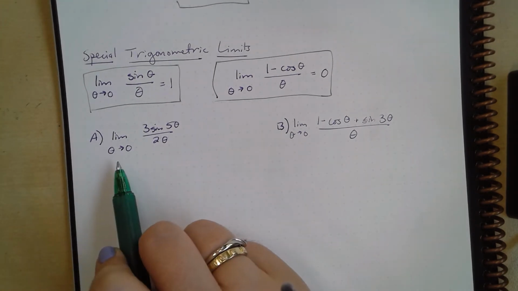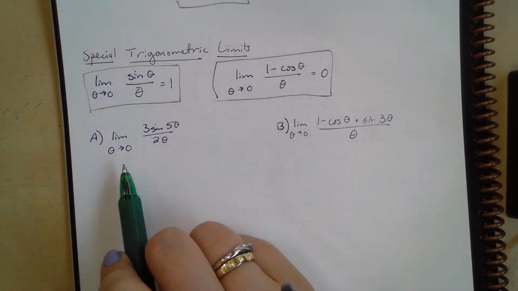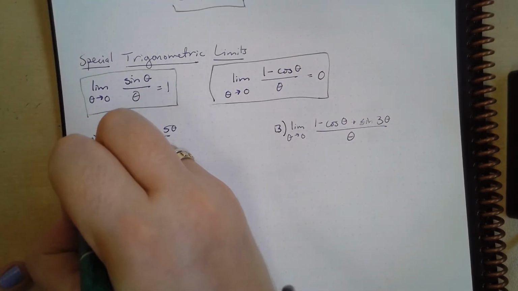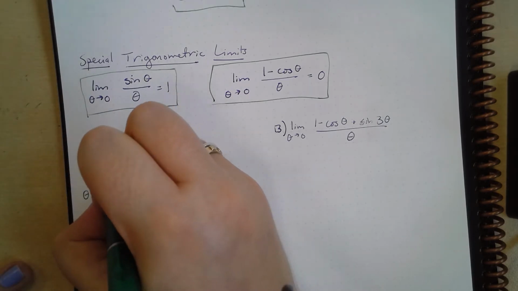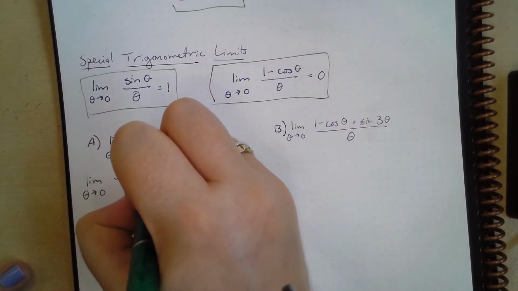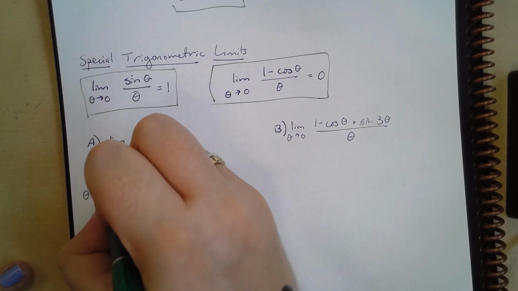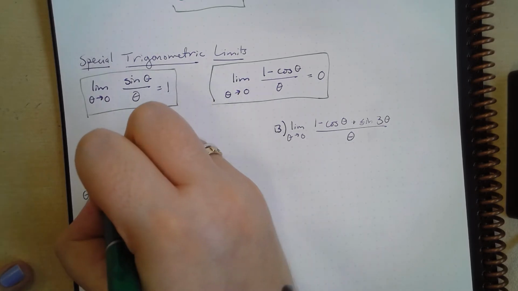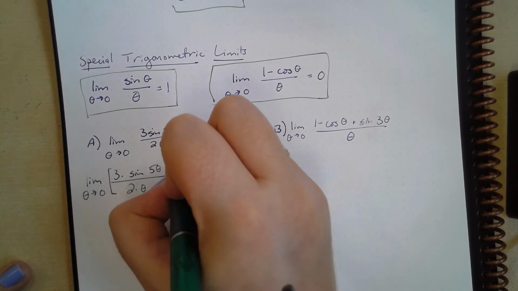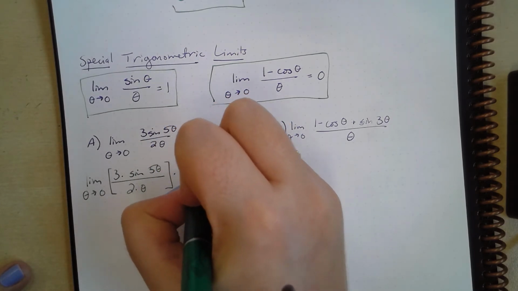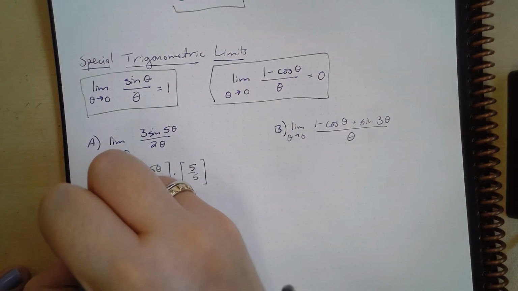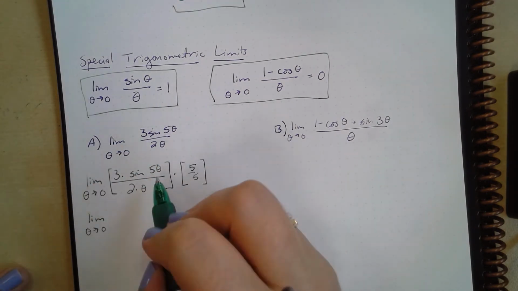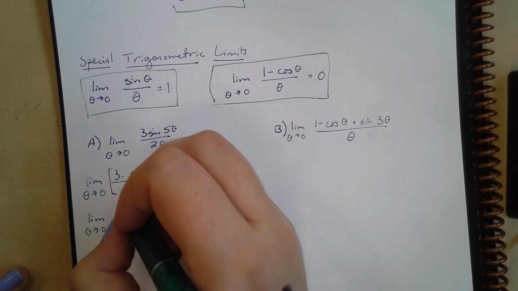Here we have the limit as theta goes to 0 of 3 sine 5 theta over 2 theta. Well, I'm going to rewrite this as the limit as theta approaches 0 of 3 times the sine of 5 theta over 2 times theta, times 5 over 5. Okay. So now this becomes the limit as theta approaches 0 of, I'm going to take that 3 times 5, now I get 15,